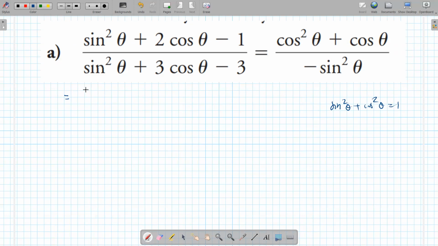1 minus cosine squared. So you have plus 2 cosine theta minus 1. Same thing on the denominator. You have 1 minus cosine squared theta plus 3 cos theta minus 3. On the top, this one and this one cancel out. So you're just simply left with